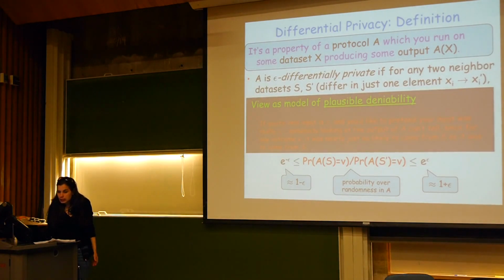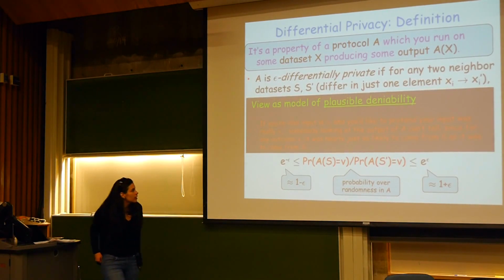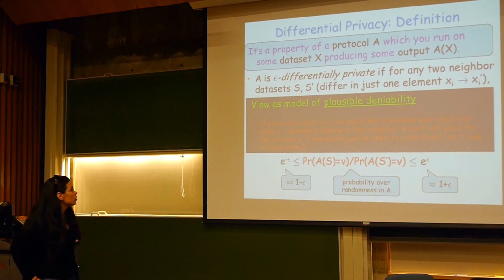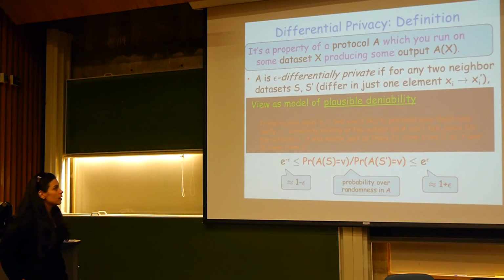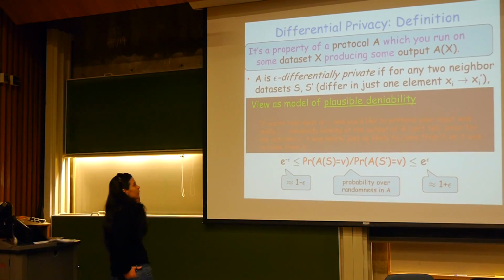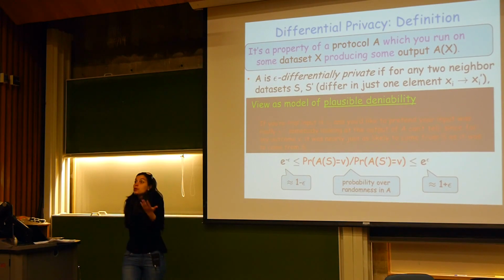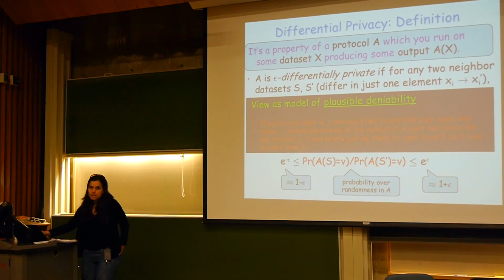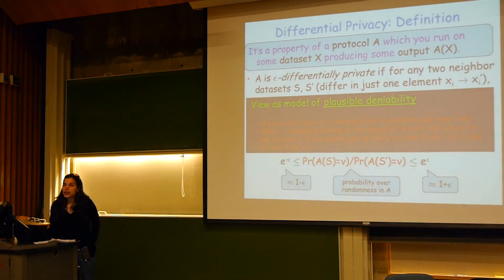And the way they describe this, and I wrote this on my slides, you can think about this as being a model of plausible deniability, which basically means that if your real input is, say, xi, and you'd like to pretend that your input was a different input, then somebody looking at the output of the algorithm cannot tell that you are doing that. So they cannot really tell if you are in the database or not, which could be a desirable feature. This is the sense in which differential privacy preserves privacy. You have no incentive not to participate in the study, pretty much. So that's the notion of privacy.